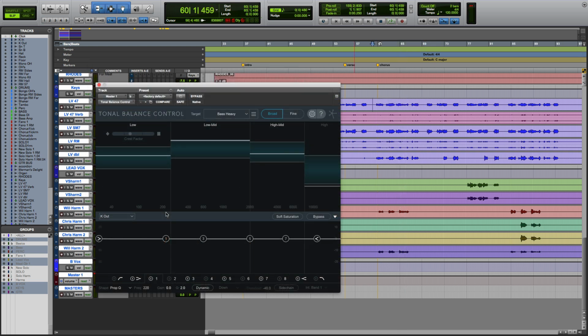So it looks like the culprit that was causing this line to go a little bit north of the overlay for the bass heavy target in the low end was that kick out track. So we dealt with that in a mixing move by dealing with the Neutron over there from Tonal Balance Control. I could remote control it.